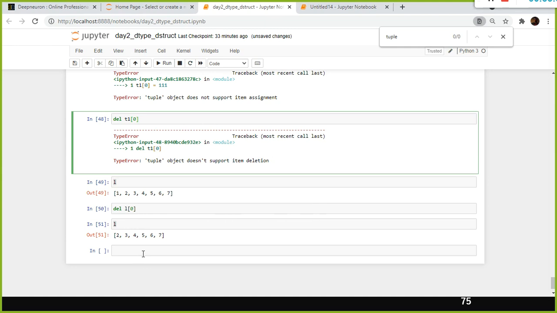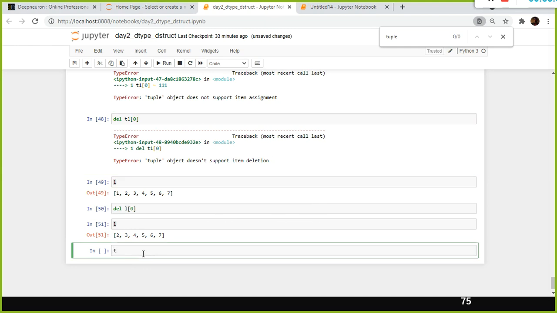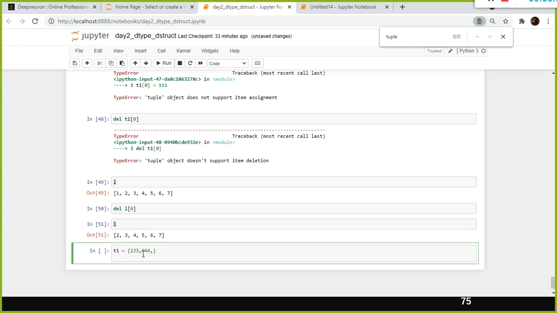But can I insert a value in a tuple? For example, T1 plus equal to 233, 444, comma.